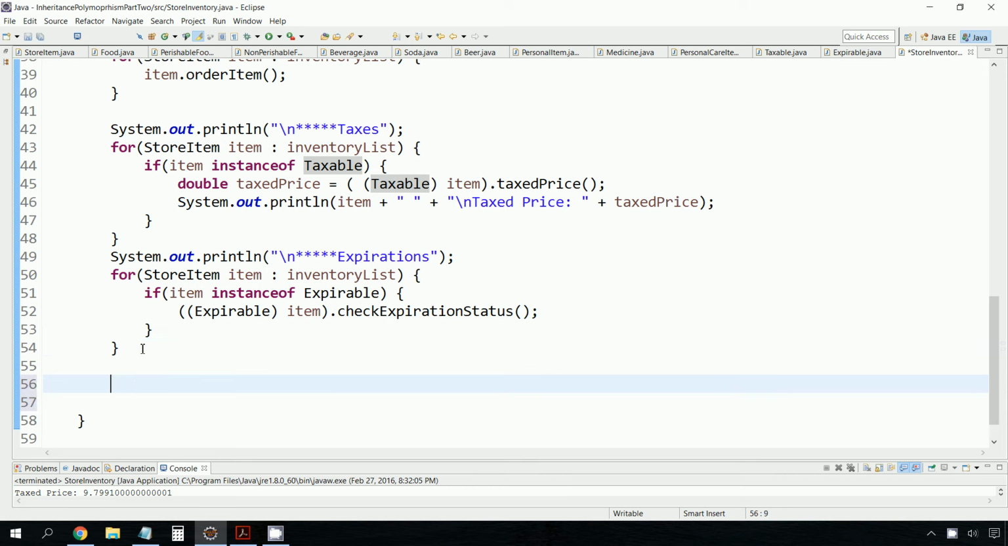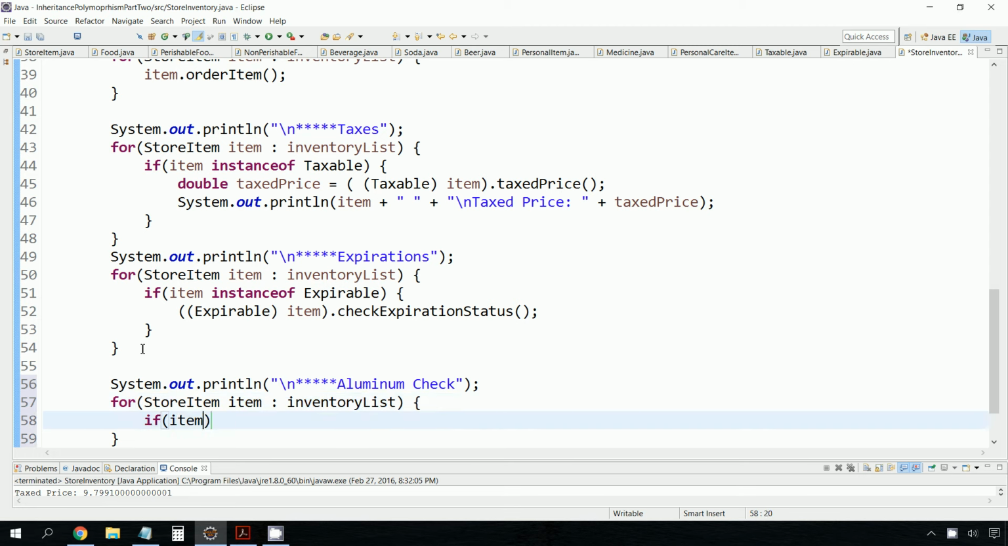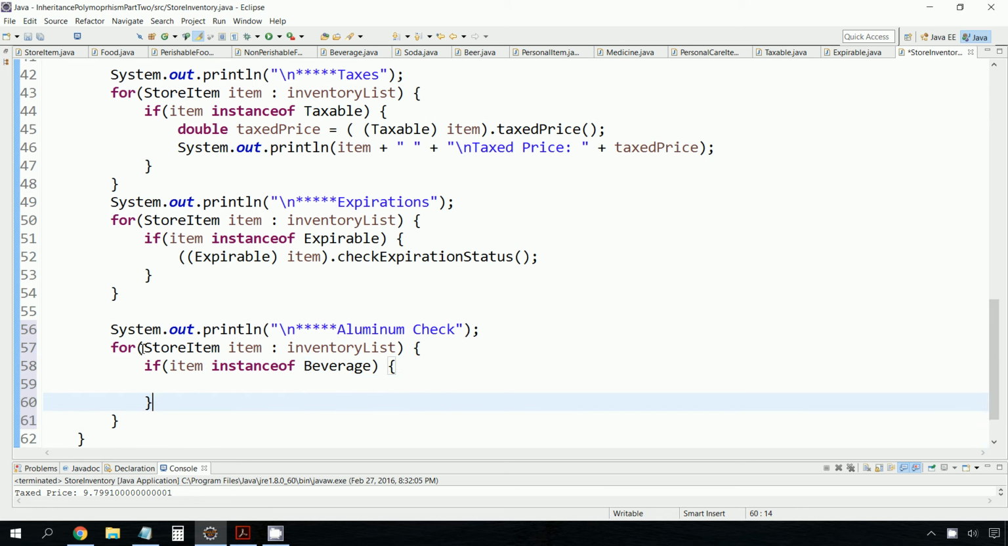And I could do one more thing. Let's add in one more here. Let's say we want to print out everything that comes in an aluminum can because recycling day is coming. So we can go through our list and we can say if the store item, if the item is an instance of beverage. So again, you can use the instance of with either an abstract class or a concrete class or an interface. Then we'll use our local variable,